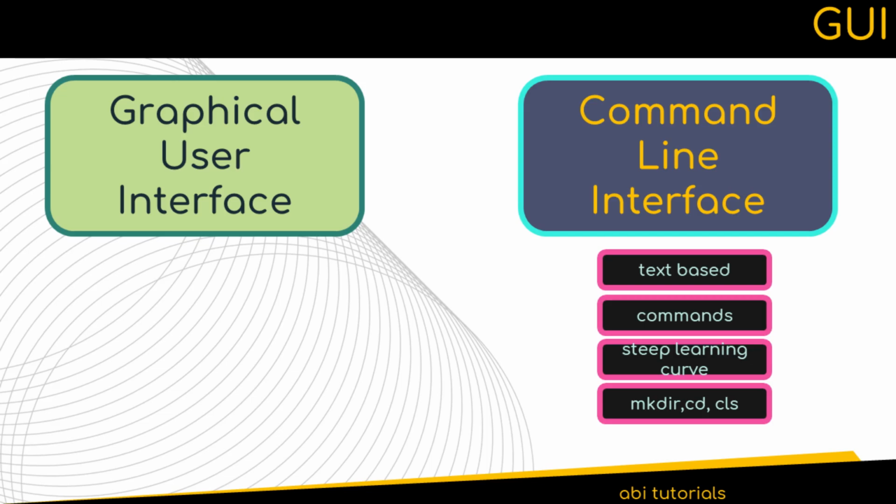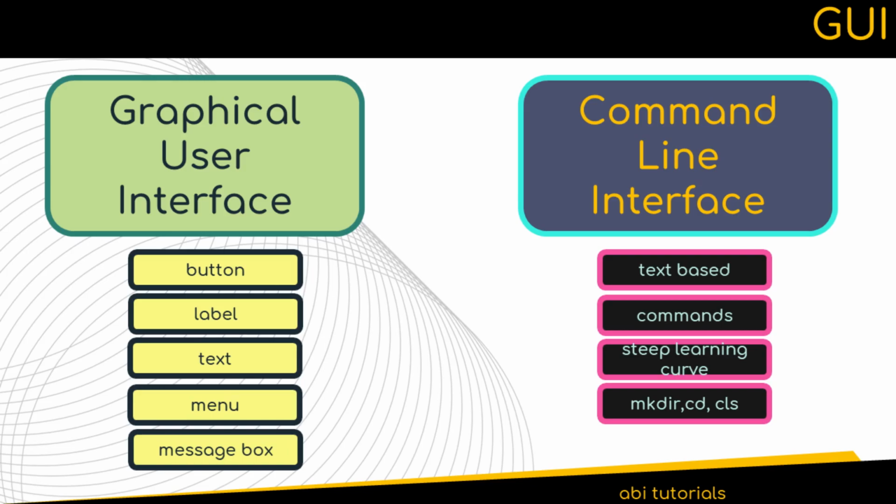To overcome the difficulties using and learning the command line interface, we use the GUI or the graphical user interface. A graphical user interface or a GUI is a type of user interface that provides a platform that users can interact with. In a graphical user interface, the user doesn't have to type or memorize commands to process a request. Instead, there will be appropriate user interface elements such as buttons, labels, text boxes, menus, etc., using which you can interact with the system or the program.